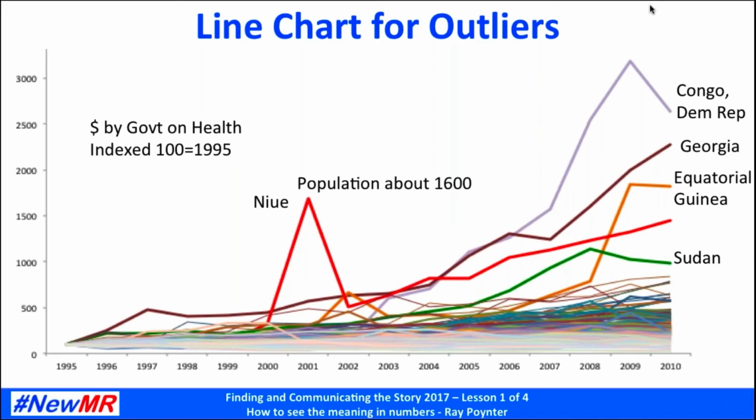We have a quick look, and okay, the population is only 1,600. I'm going to stop worrying about NewMR. I'm going to take it out of my reference set, because data based on 1,600 people is going to be inherently unstable. But what this chart tells me is that there are only 5 countries where the data is outside of the range. So I'm not using this to understand the